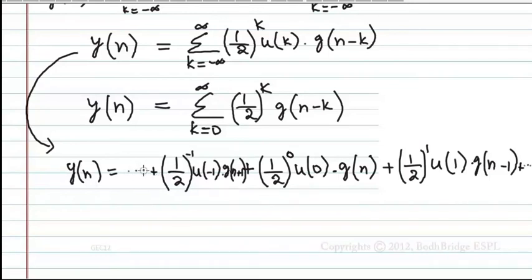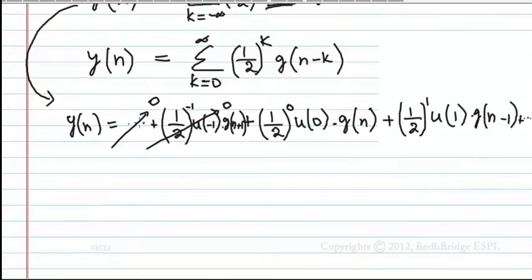And all the backside terms we are going. Here if you see u of 1, u of 0 and next u of 2, u of 3 comes. On the back side u of minus 1, u of minus 2, u of minus 3, all these terms come. Therefore all these terms go to 0, which means only k equal to 0 to infinity remains. Or just by this you can understand, u of k is there, u of minus 1, u of minus 2, when k is minus 1, minus 2, all these terms go to 0. That's it, which is obvious. So y of n is this one. Are you satisfied with this?